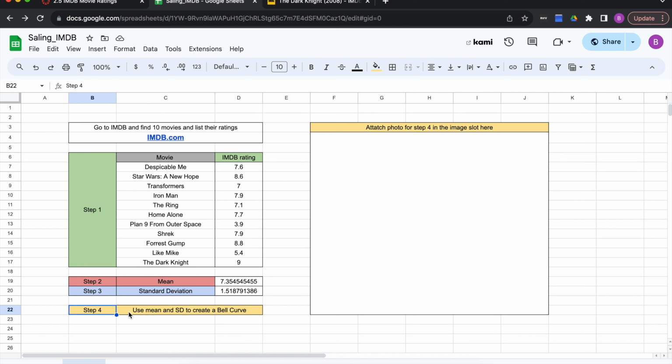So now step 4, we're going to use our mean and standard deviation to create a bell curve or normal distribution graph, and we're going to put that right here. And so what we're going to do for that is we're going to use Desmos, and we're going to use the mean that we just found and the standard deviation to make our bell curve. So let's go to Desmos